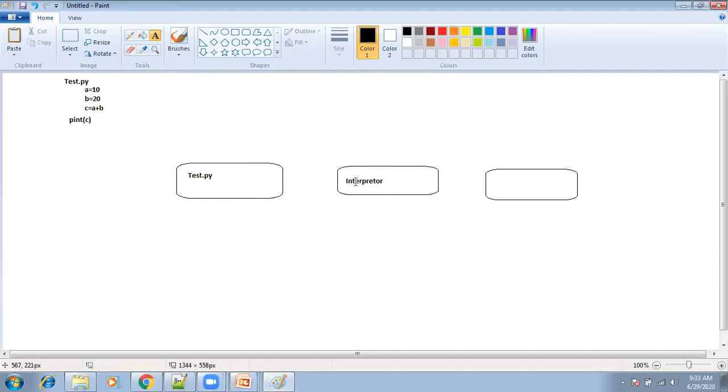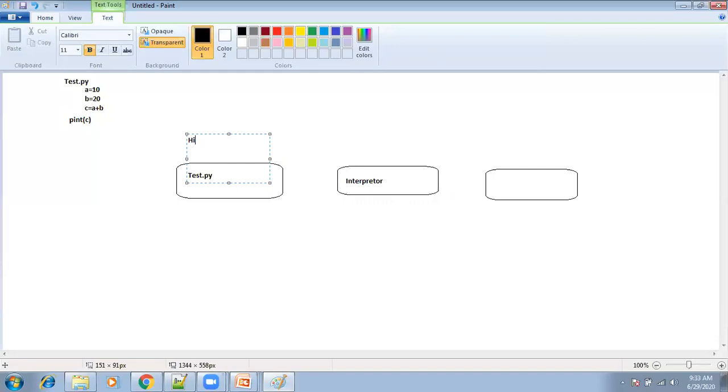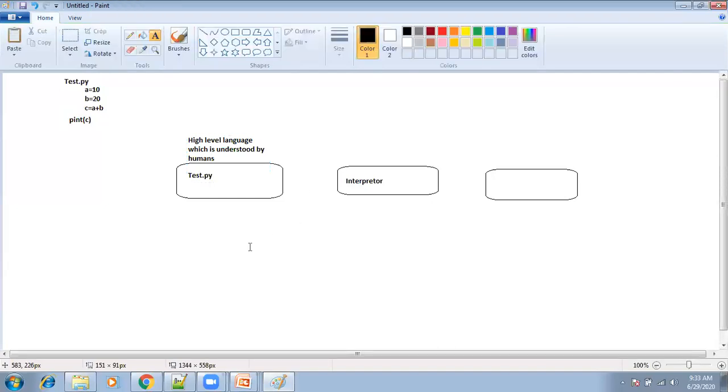The interpreter will convert this test.py into machine code. This is high level language, which is understood by humans. Then this test.py is converted to